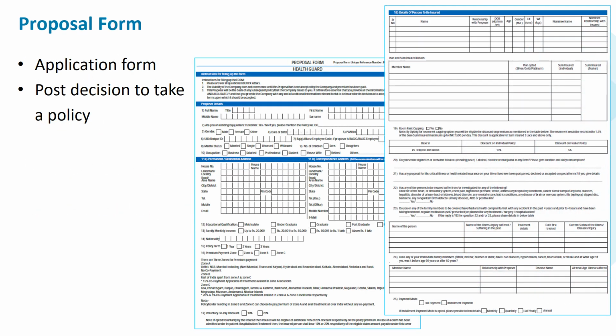The fifth and the last form we are going to see is the proposal form. This is basically an application form which you fill up after you decide which health insurance you are going to take. This comes post the decision on the policy type or policy company and the amount insured. These days, most of the time people go for online application, so this is more or less not required. But if people are not comfortable with online application, this proposal form you have to fill up, sign it, and give it to the company. So this will basically capture all your details, your pre-existing medical conditions, your lifestyle, etc.